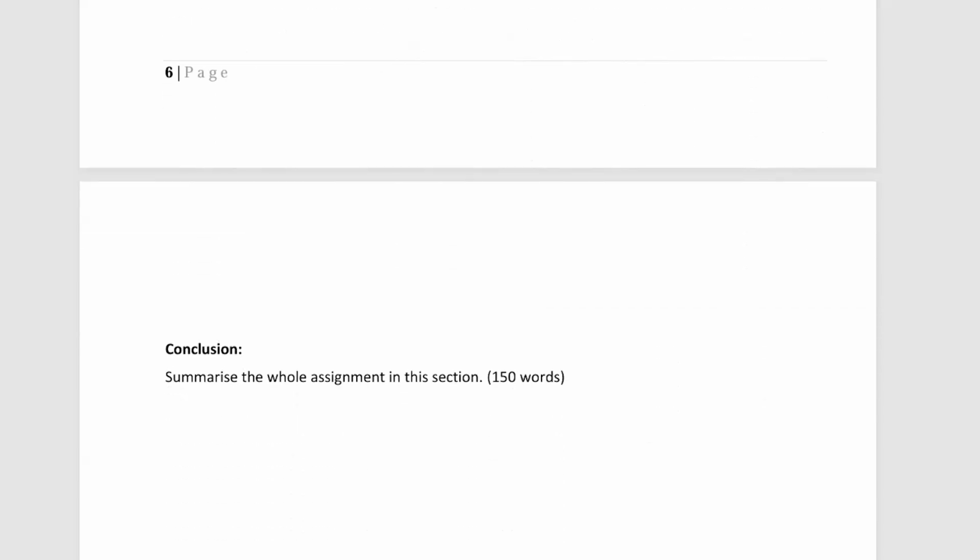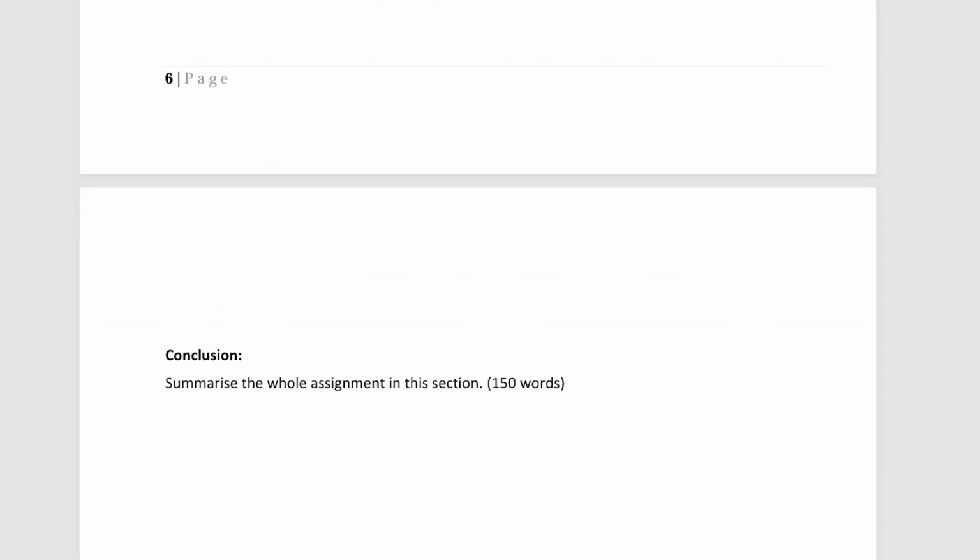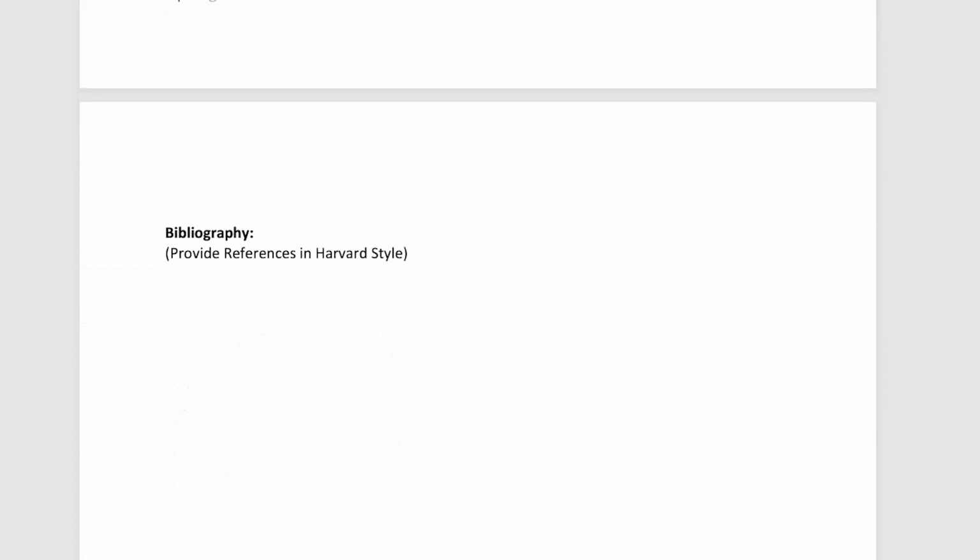So this is all about the assessment criteria and learning outcomes of the assignment worksheet. After this, once you have discussed all the criteria, you need to provide a brief conclusion to the topic of your assignment, in which you can briefly summarize everything that you have covered in your whole assignment. But make sure that you write this part in 150 words. And of course, you also have to provide the references of the sources that you use throughout your assignment in the bibliography section in proper Harvard referencing style.